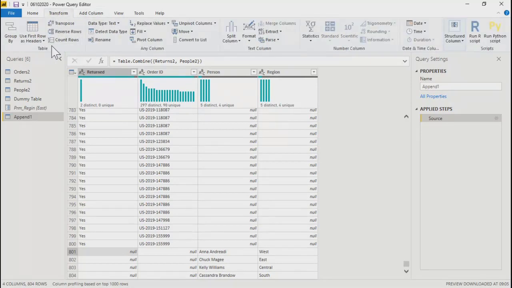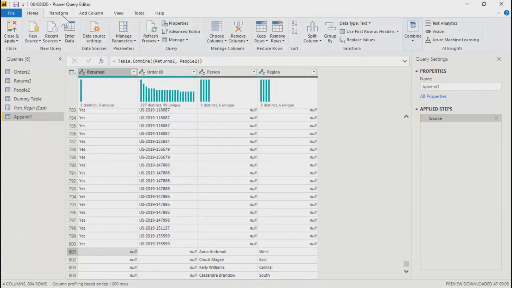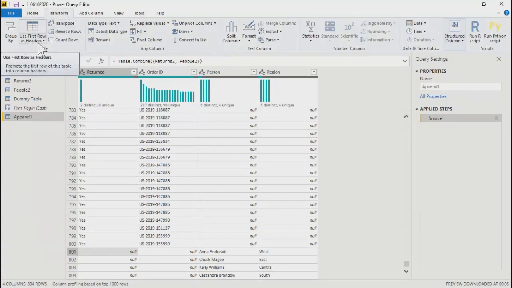But in the transform tab, you'll find most of the options which are already there in the home tab, right? For example, use first row as headers, group by, count rows. So you can leave these things. I can cover them. If you want, you can just take a look. Split column, and then changing the data type and all. Most of these things we have already covered. But still, not tomorrow, Monday, we'll be starting with the transform tab, and we can go with further options. Okay.